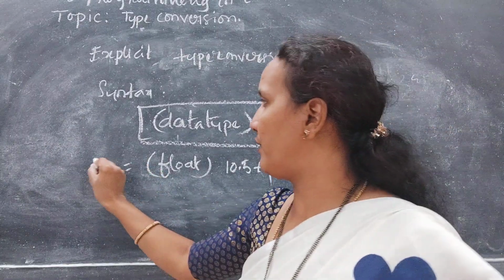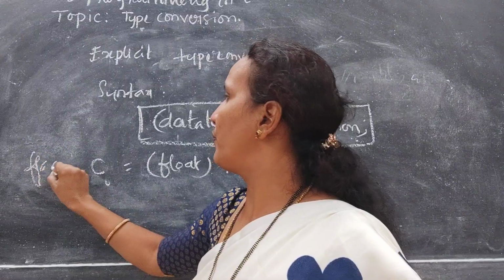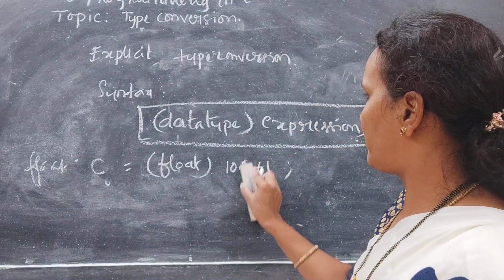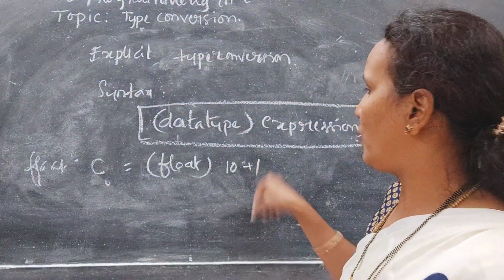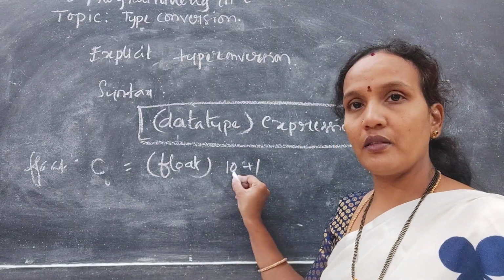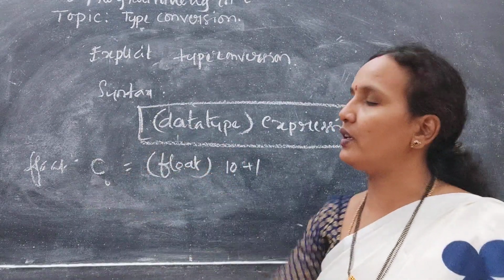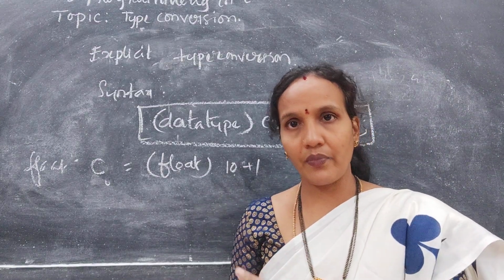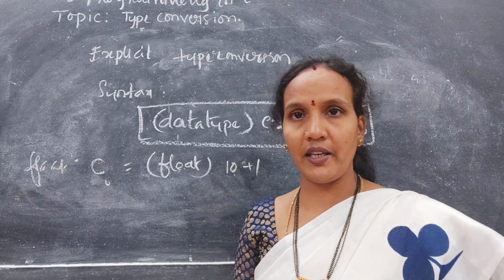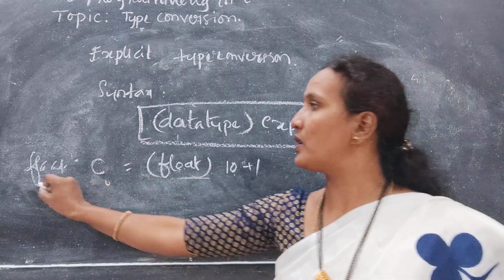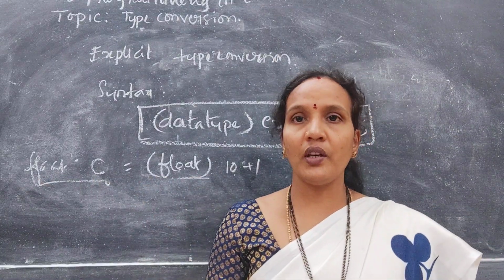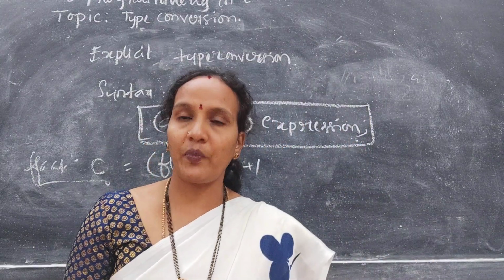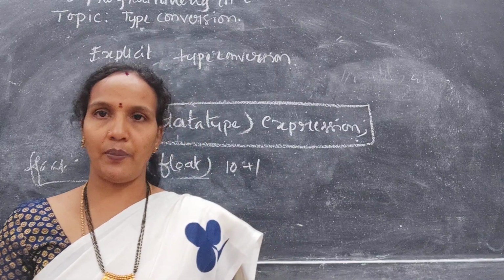Okay, here we will give it like this, C, and this C is also of type float, for example. So here I will give 10 plus 1. So this is an integer. We are converting it into a float, and we are storing it in a float. So here what happened? One data type, integer, is converting into a float. So type conversion is there. But whatever instruction this float, who is giving? The programmer is giving. So if the programmer is giving instructions to convert from one data type into another data type, that is called an implicit type conversion.